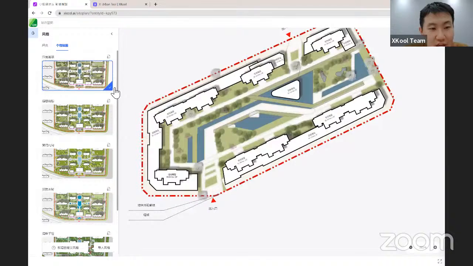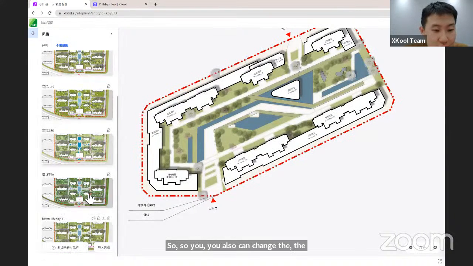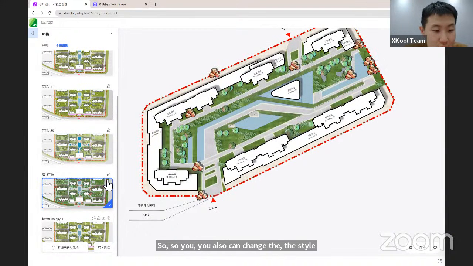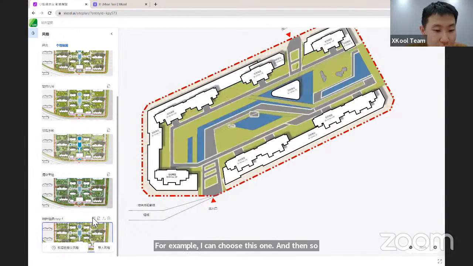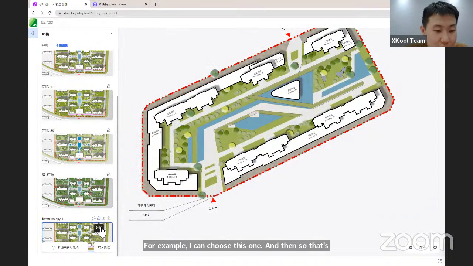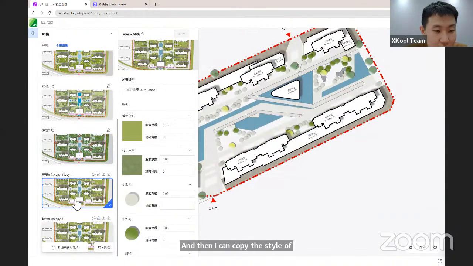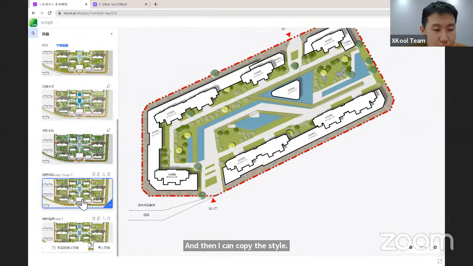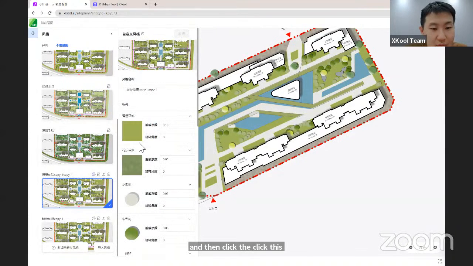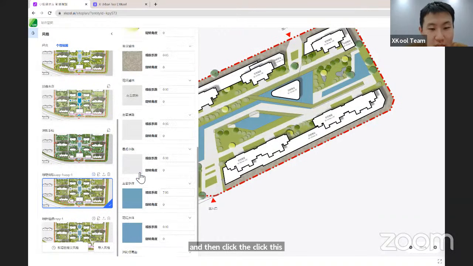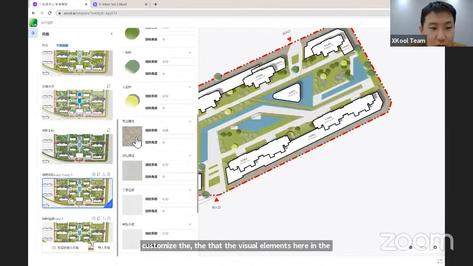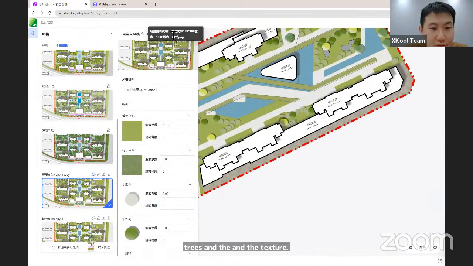So you also can change the style. For example, I can choose this one, and then that's this one, and then I can copy the style, and then click this one, and then to customize the visual elements here, the trees and the texture. The size for the